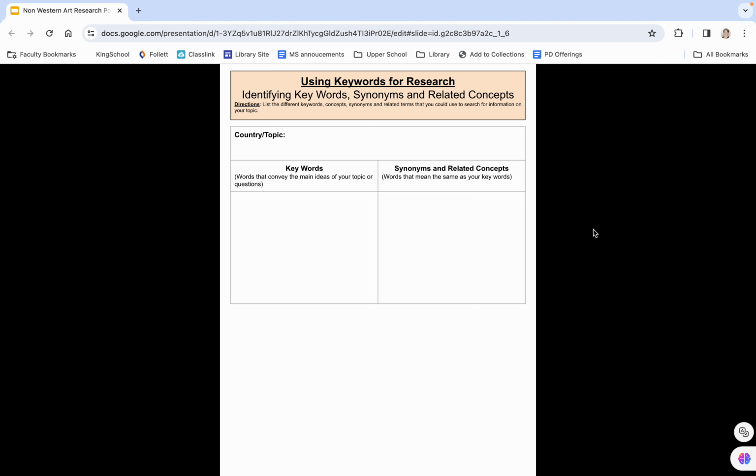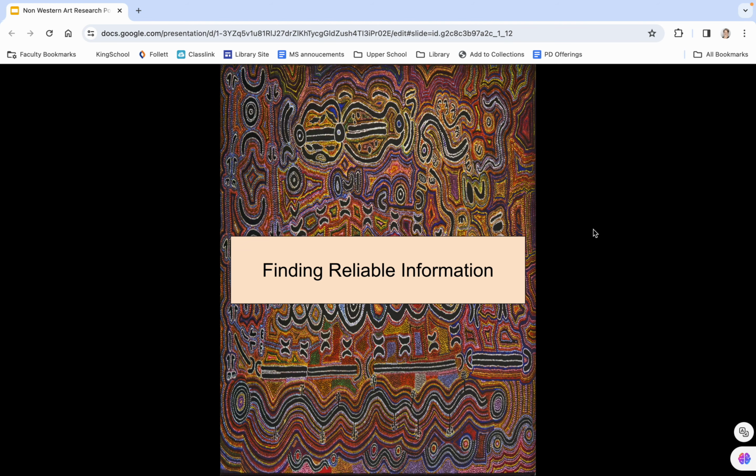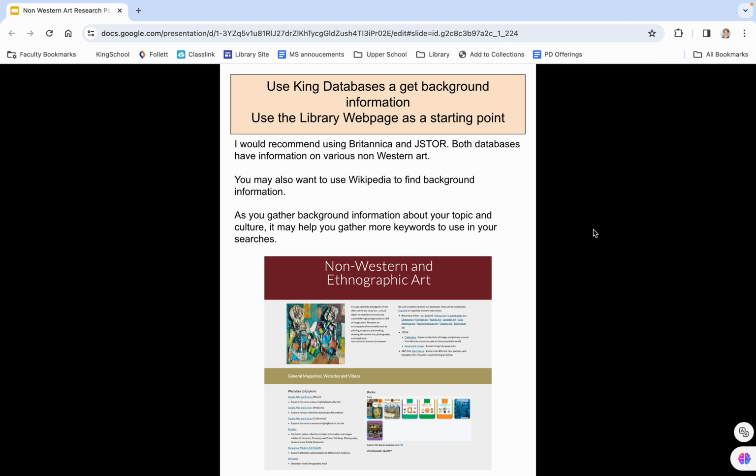Once you have your keywords, now you need to find your information. I would recommend starting with the King databases or the library page might be a good place to start. I have added links to Britannica, JSTOR, Wikipedia, and Google Arts and Culture. And this is a place to gather your background information about your topic or your materials and maybe find additional